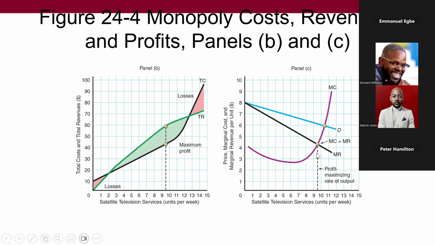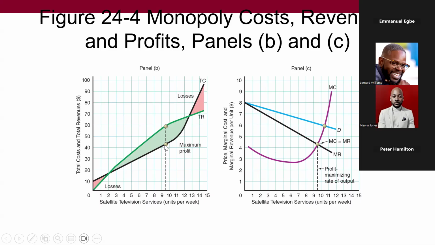But the condition for profit maximization is the same whether you have a monopoly or perfect competition, except that the marginal revenue of the monopolist is downward sloping and therefore catches the marginal cost at a lower quantity of output. As you can see in this graph on the left-hand side,